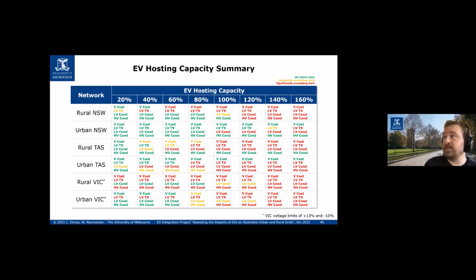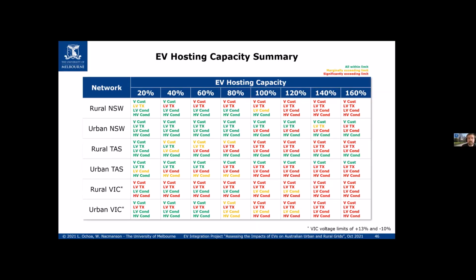And finally, LV conductor congestion can vary between regions, and this is mainly on the ADMD that we use to design those LV feeders, but also the inherent residential loading of that region. So Tasmania has a higher loading coupled with a lower ADMD. We're going to see some problems there based on the conductors that we use. So that's where I hand it back to Nando, and thank you for listening.